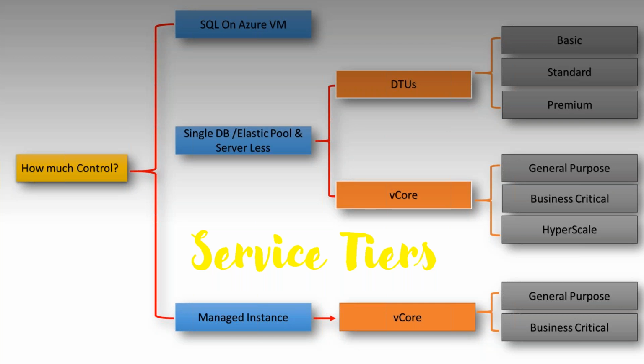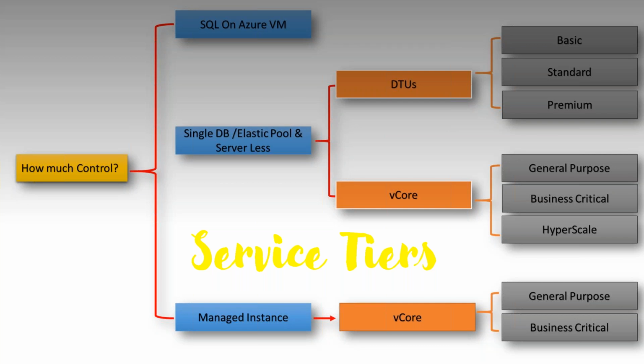When we go for Azure SQL database, we have two service tiers: DTU and vCore. DTU is a blend of resources like CPU, memory, and IO. When you go for the DTU service tier, we have three performance tiers, or purchasing models: basic, standard, and premium. Under the free trial subscription, you can deploy your Azure SQL database on basic and standard. But if you want to deploy your SQL database on premium, you must upgrade your subscription and go for the pay as you go model.